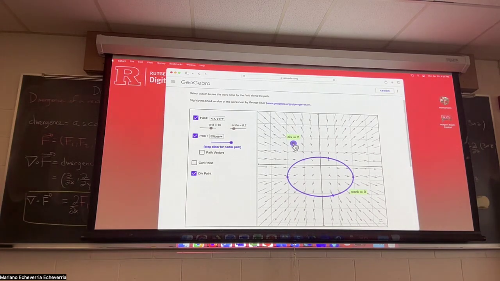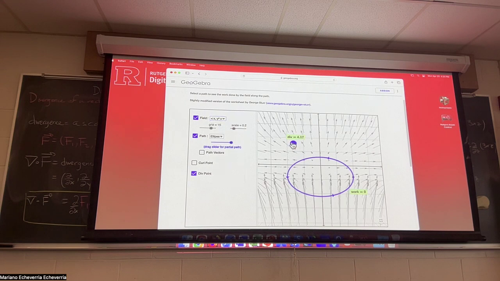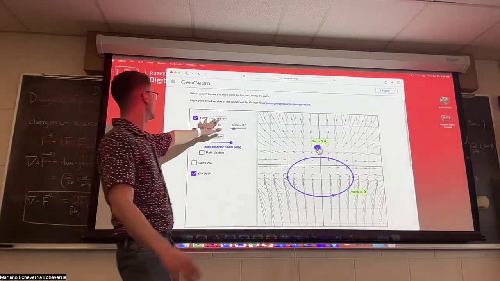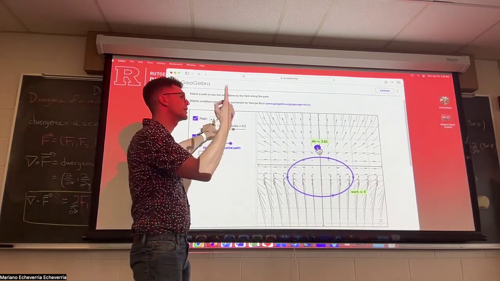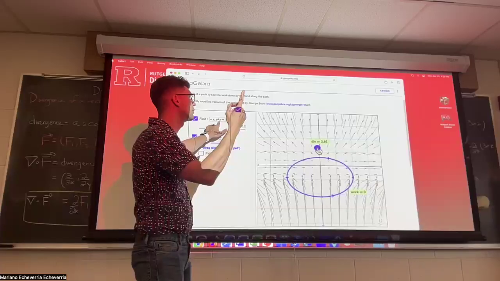Maybe I should find an example of a field where the divergence is not constant. Okay, look at this. I like this one more because it changes from point to point. So the divergence, if the vector is x comma y squared, if you find the divergence, the derivative with respect to x is 1 and the derivative with respect to y is 2y, right?